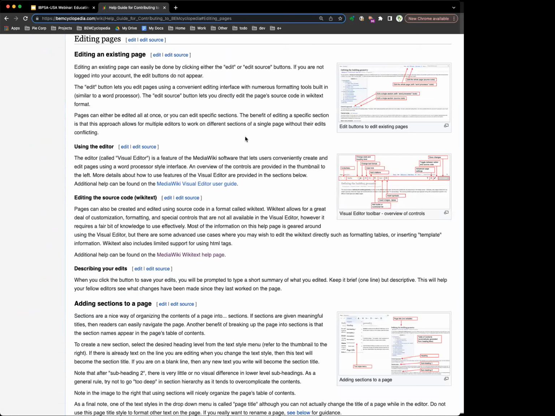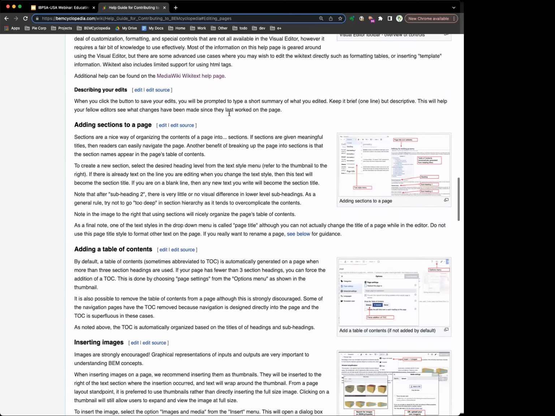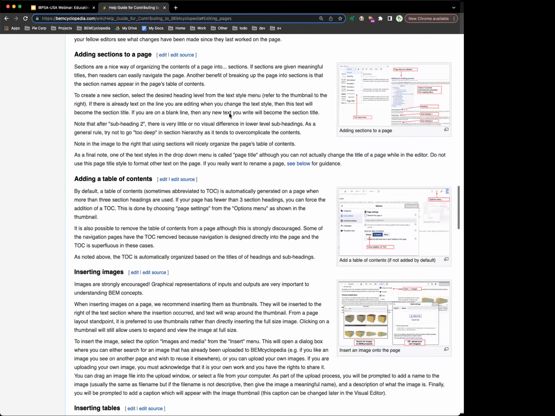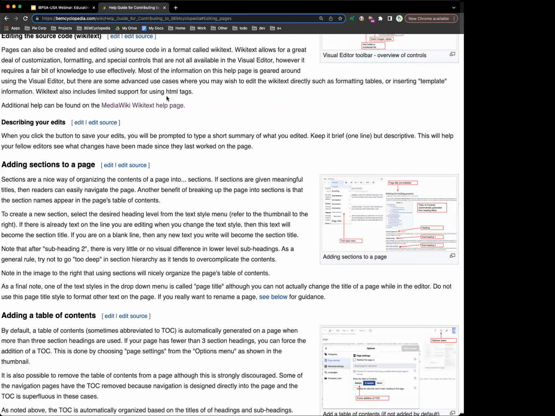Built within the wiki website, the underlying software is a really powerful editor. It's comparable to typing something up in Microsoft Word, but we do provide guidance on how you can create sections, create text, change formatting, add images, and so forth. All of this can be done right in a browser. You don't need to install any special software. So there's very minimal barrier to entry here. Once you've created your account, you can be up and running really quickly.